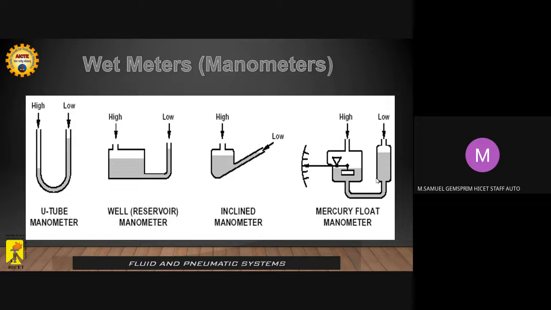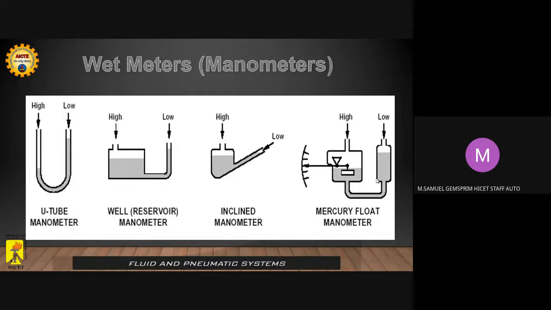So wherever we have area or surface or volume restrictions, there we can use the inclined manometer. If we have lesser space, there we can utilize the inclined manometer. Other than that, it uses the same working principle as the well type manometer. And the final one is a mercury float manometer, which is almost the same kind of construction, but here we